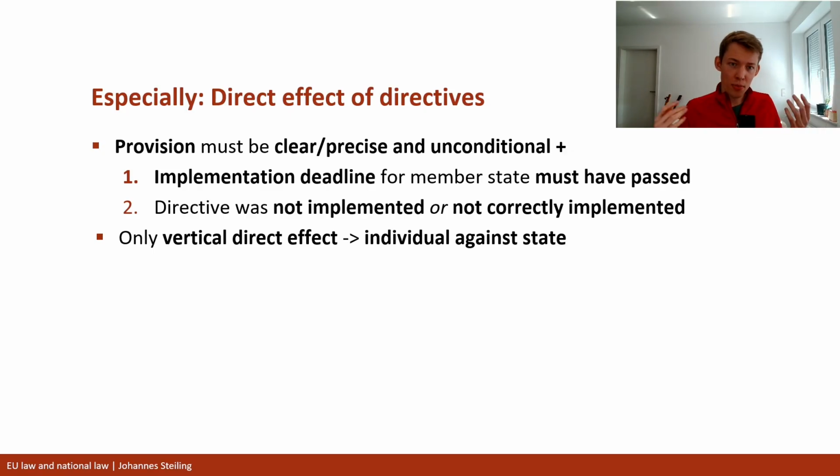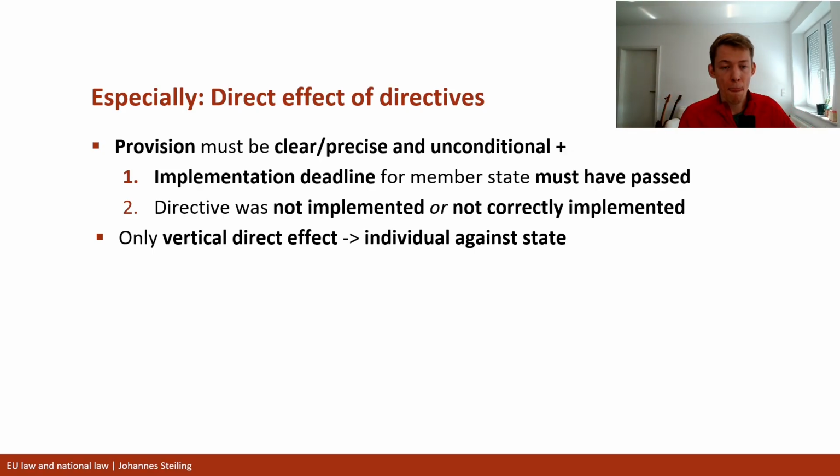So now the problem is that I can sue the state and say I want 1,000 euros based on a directive, because if it doesn't have direct effect, I can't do that. Now, there is still Frankovic, which you remember, I might be able to claim compensation, but it's tricky. There need to be additional criteria and stuff like that. So the ECJ says, well, in these cases where the state just doesn't implement, we will sanction the state and we will allow direct effect of directives. So we will allow the individual to use the provision of the directive directly against the state. Right? Direct effect against the state.